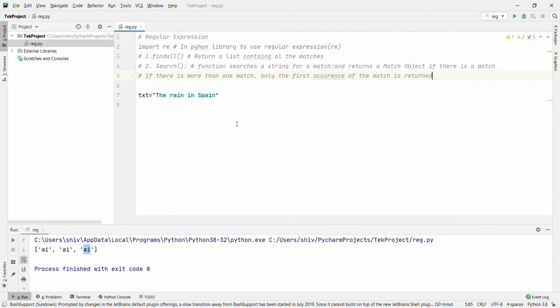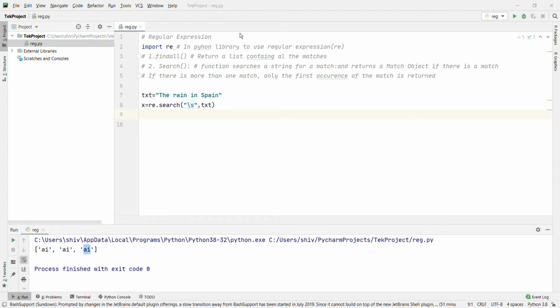Now I created one sentence, text, "the rain in Spain". x equal to re.search, passing backslash s, comma text.